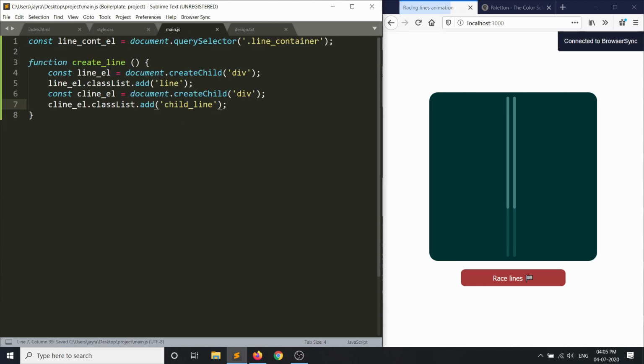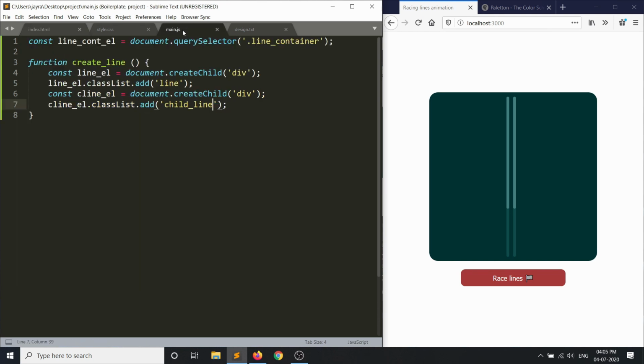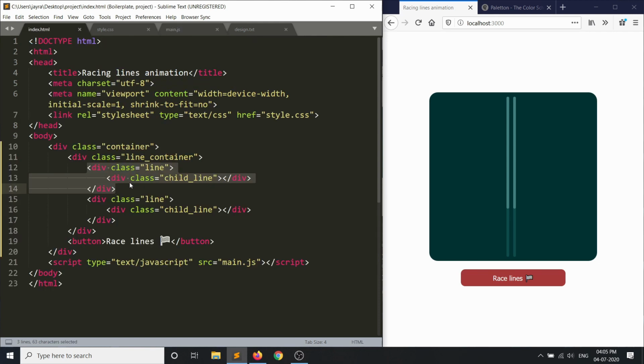We are creating this structure through this function. Now we just created two divs. You see here that this div is a child of this div: the child line is a child div of the div which has a class of line.